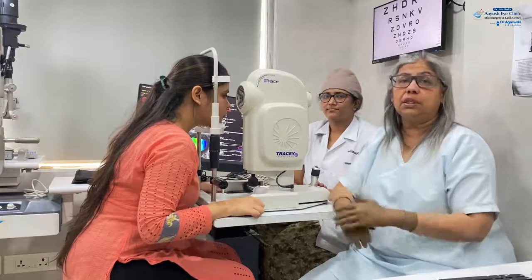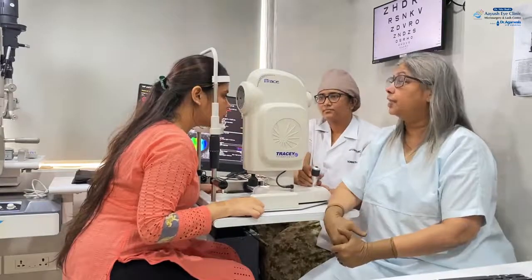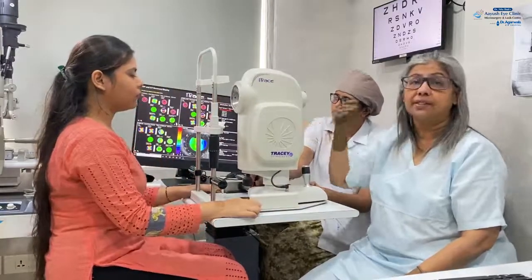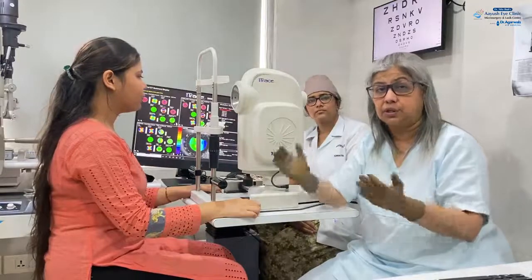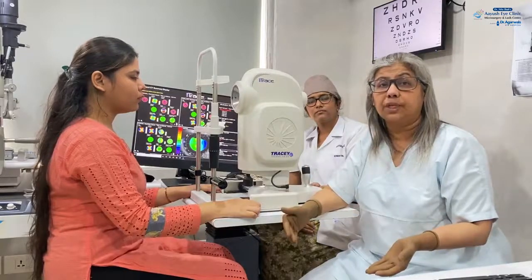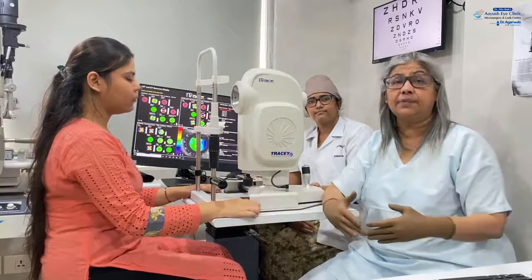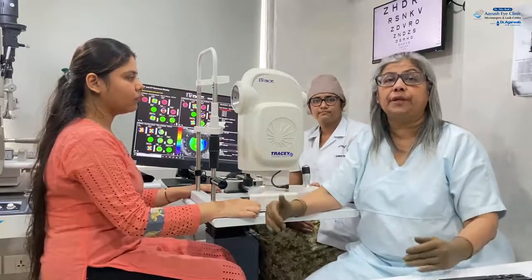So once the earlier two scans are done, the patient is put on the EyeTrace. The EyeTrace is a machine which tells us whatever irregularities have been seen, how much of them are on the cornea, on the surface of the eye, and what is internal. It's very important to know that, because whatever is internal is going to be left behind, and it helps us in whatever calculations we do when we plan a patient for